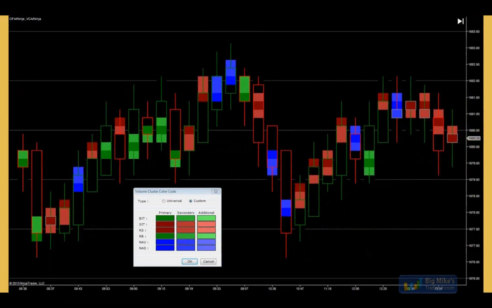The other thing people ask about is the different colors. We see red, green, and blue clusters. This is a classification algorithm used for pattern recognition processes. In the box on the screen, you can see 6 acronyms next to the colors, BIT, SIT, RS, and so on. These are classifications which can be defined by the trader, involving the spread between the cluster and the rotation